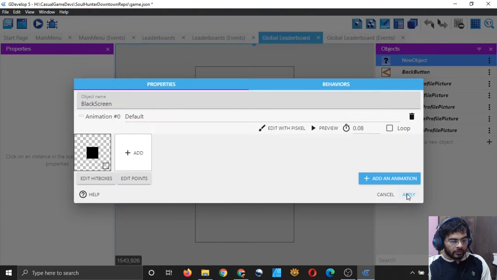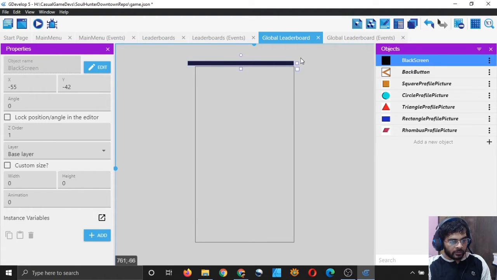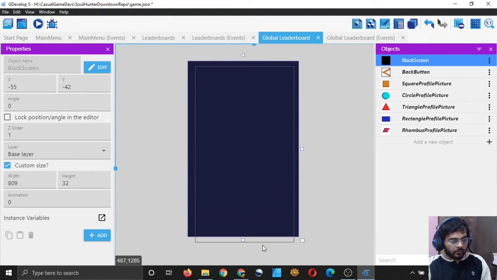So save it and click on apply, and I'll drag it here. But if you are making the game, you should choose one background which you want to put in the game and make it a global object, so that you don't have to add it in every scene like I am adding. So that's one thing to take care of.